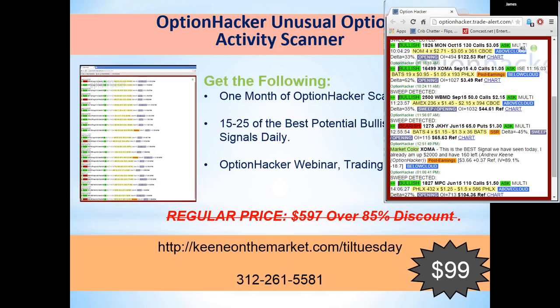These calls ripped higher, and if I take a look to see exactly how high they traded today on the $4 line, give me 1 second. The $4 line of calls is already 120 bid at 125. Okay, it's already 120 bid at 125, and they've traded as high as 125. So that's a 25-cent gain on a $1.05 option in just a few hours. Okay. Fantastic, fantastic returns for anyone that likes to day trade options.